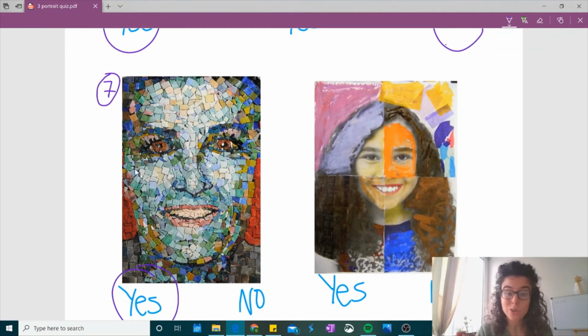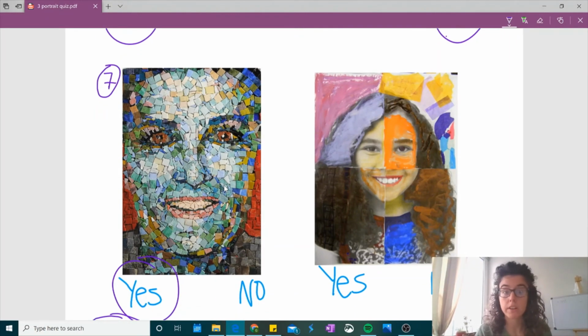And you guys can do this. You can take pieces of colored paper and make a mosaic portrait of yourself. Maybe you can take recycled materials and cut them small and make a mosaic. Yeah? And finally, number 8,